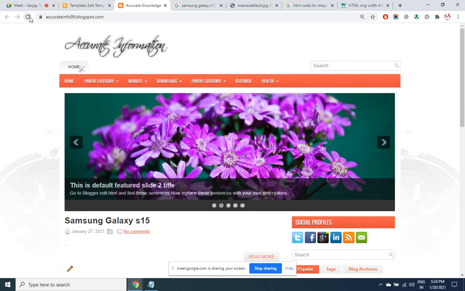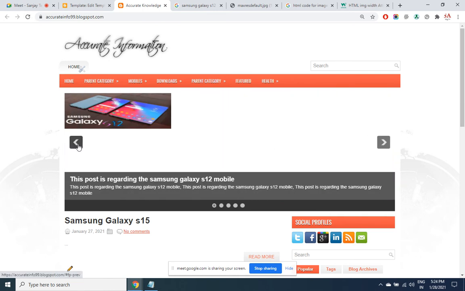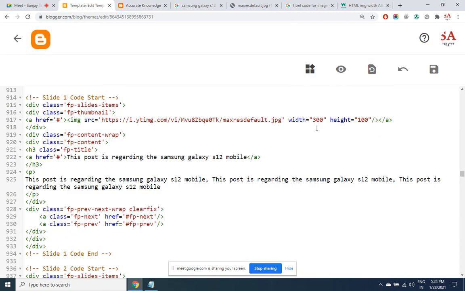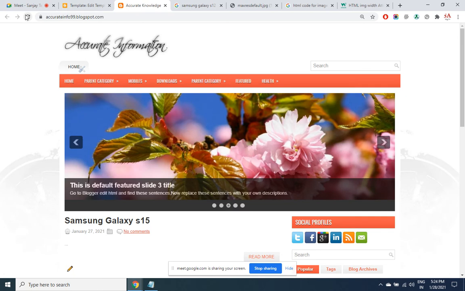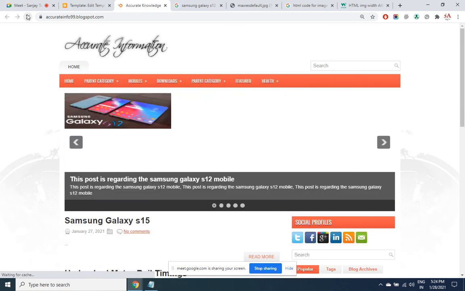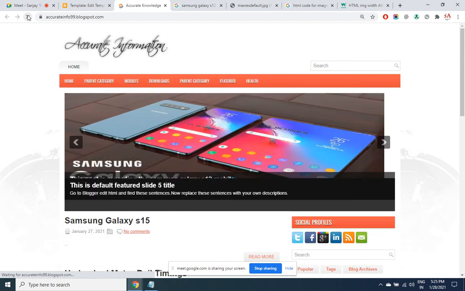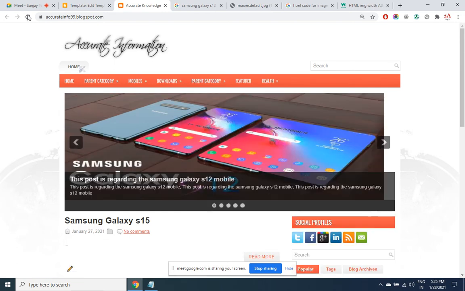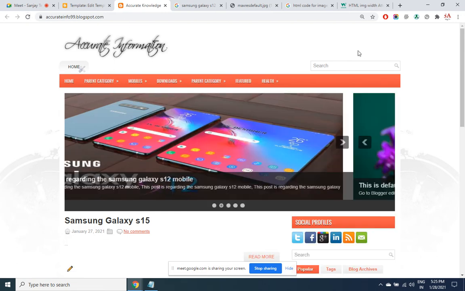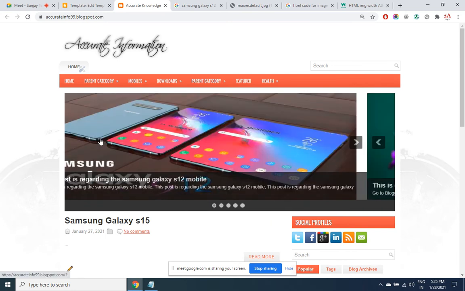So I need to make the numbers bigger. So maybe something like 3 times. So width 900, height 300. Let's see if this works. Better, but not yet fully. There is some gap here on the right side. See, observe.